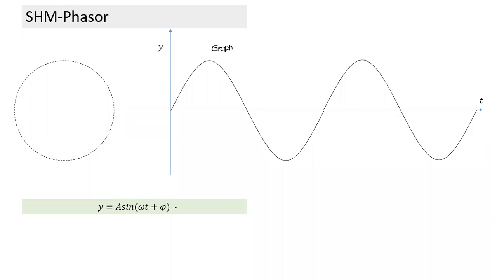Second way, I can represent it in the form of a mathematical expression. And this mathematical expression has three elements. We have to understand what those elements are, and you can relate them to the graph. This is the amplitude, which we can relate to the graph. And there's the value of omega, which is related to the time period T.